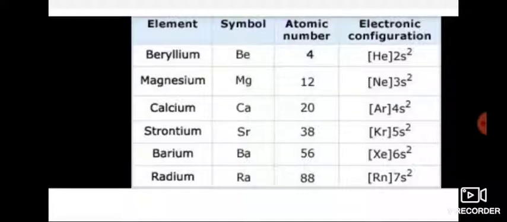But you should know the electronic configuration of the noble gases very carefully, so practice writing the electronic configuration of all the noble gases. If you learn the noble gas electronic configurations, it is easy to write the other electronic configurations, because if you are dividing into block elements, for the S block there is no problem, the last electron will be in the S block.